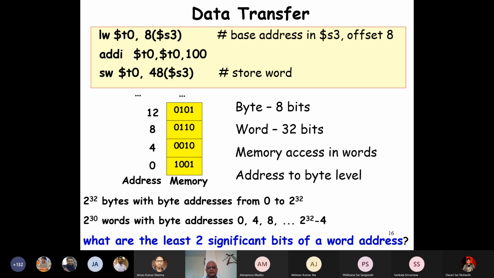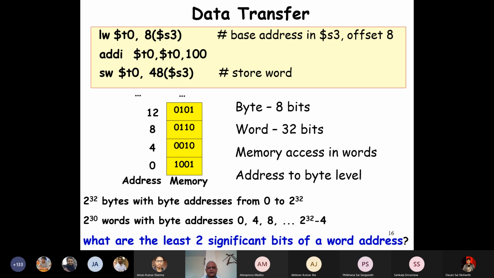So from a specific location in memory, we want the 4th one or 7th one or 10th one and so on. This S3 contains the specific location in memory from which we will compute. That's the base address, and the other one is the offset. So we'll write programs using this and then it will become clearer.